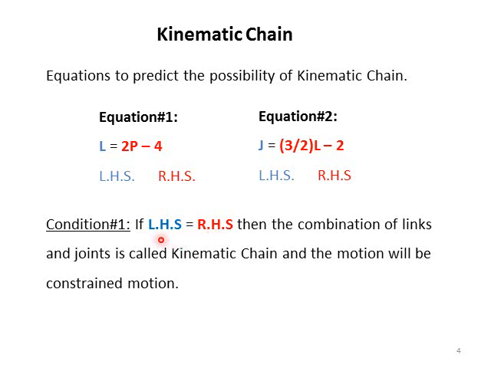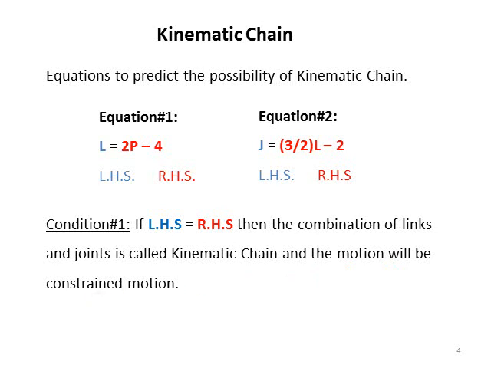If this condition happens, then the combination of links and joints will be called a kinematic chain, and the motion will be constrained